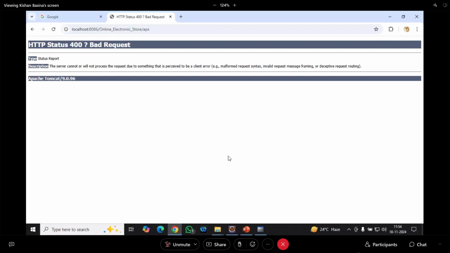Did you observe 400, a bad request? Here I'm getting type status report and the description: server cannot or will not process the request due to a client error. If you want to display your own message also,